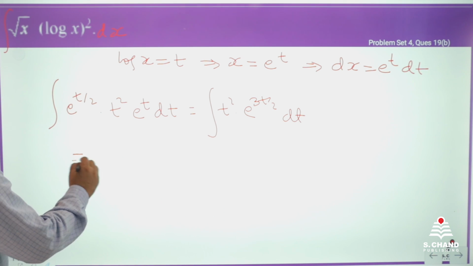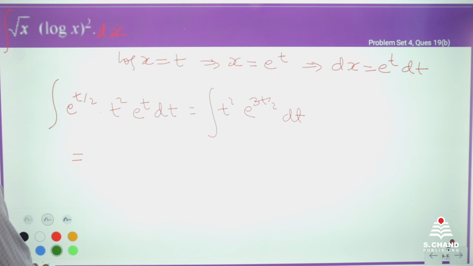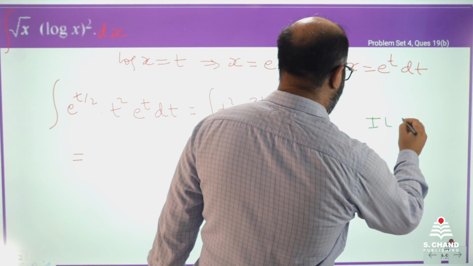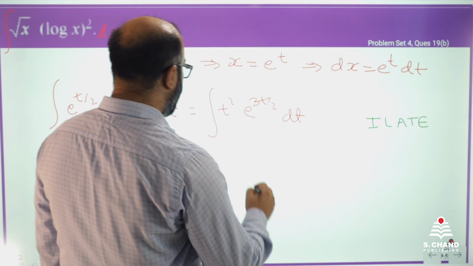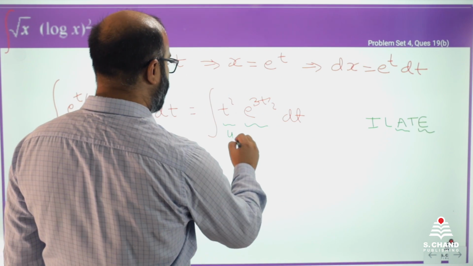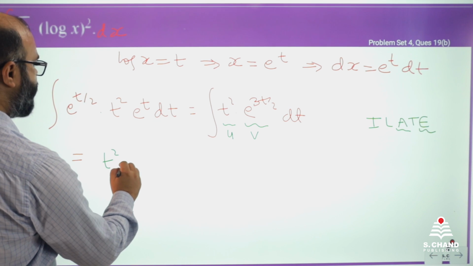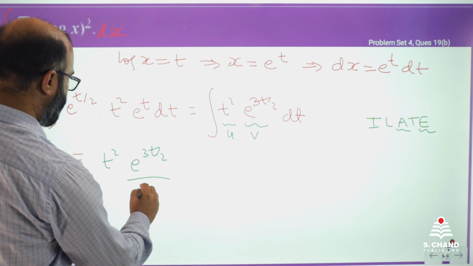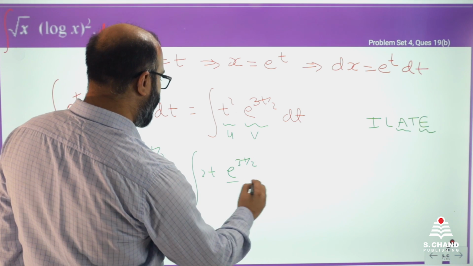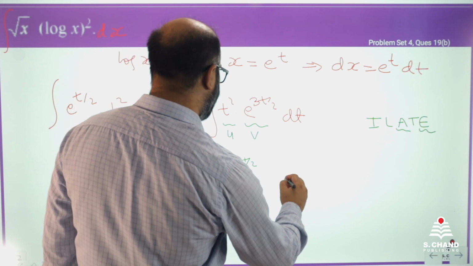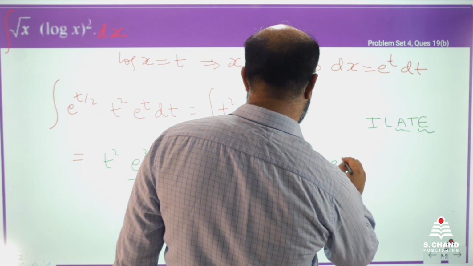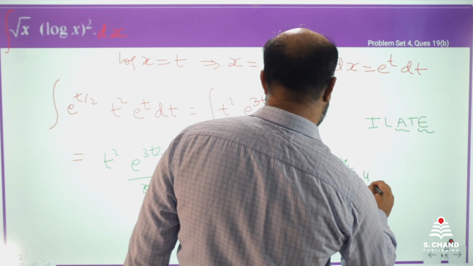Now you apply the product rule, that means integration by parts. So the ILATE rule has to be followed in order to take u and v. There is algebraic and there is exponential. Algebraic is first, exponential is last. So this is u, this is v. First function into integral of second, minus integral of derivative of first into integral of second, is equal to 2 by 3 t square e to the power 3t by 2 minus 4 by 3,